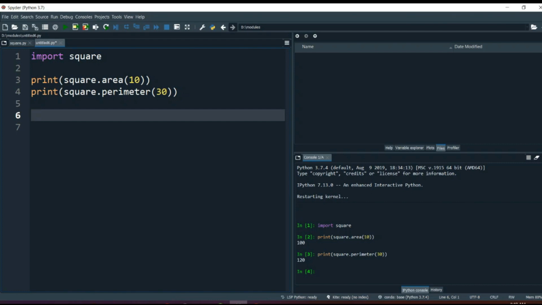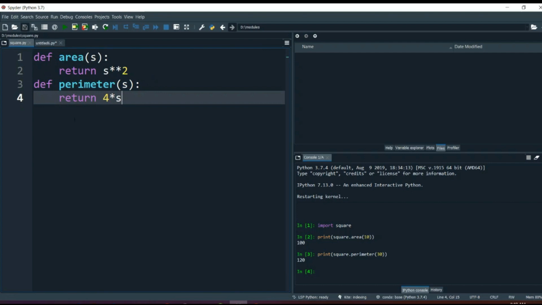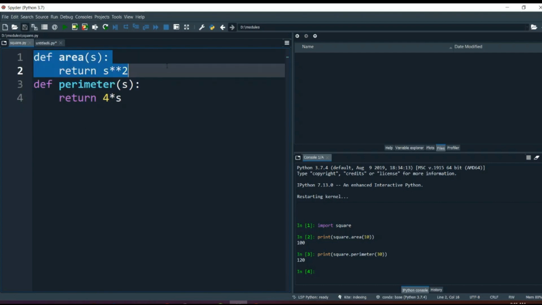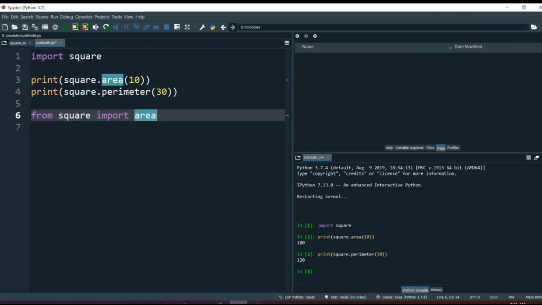So for that, there is another feature, another command: from square import. You can see this is English only. It is saying from this import this. So what did I do? From square import area. Now from this square file I have imported only the area function. Okay, so now when I run it,